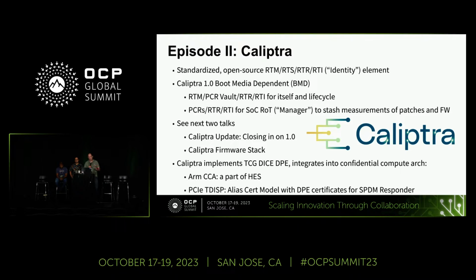Actually, the next talk is the main Caliptra talk, closing on 1.0. But I think the main message is that it's become a standardized open source specification and implementation of a root of trust for identity and measurement. And we're barreling down towards a 1.0 specification. The most important thing that we're going to emphasize and talk about in this presentation is that it implements the TCG DICE Protection Environment, DPE,